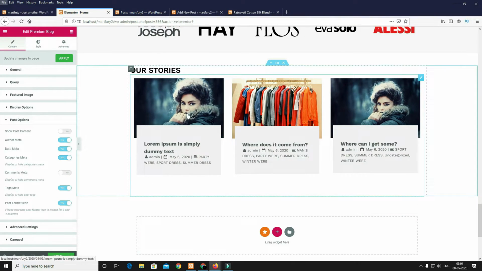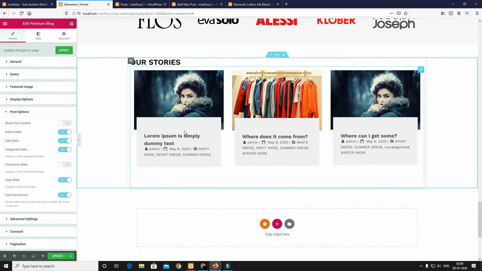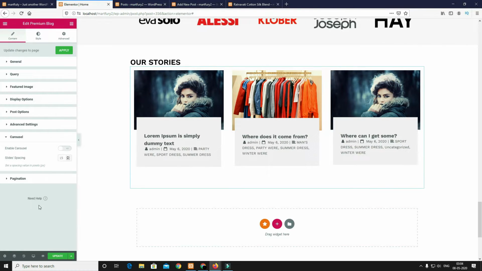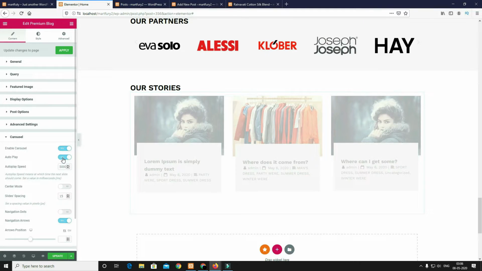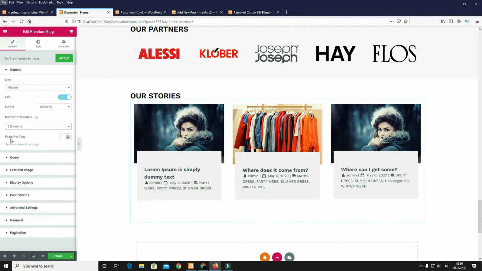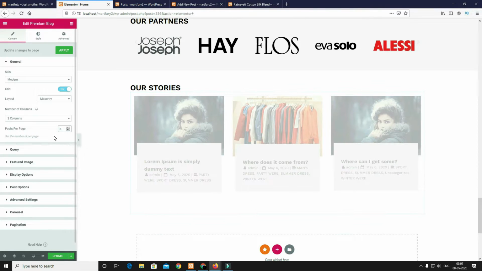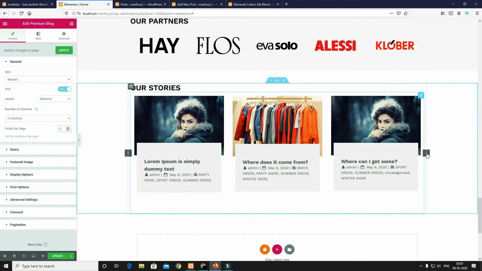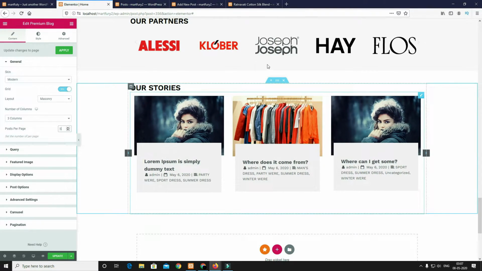But here you can observe one thing. In my demo website, that is a carousel actually. But here, it's not a carousel. So for that, what you have to do, click on this Carousel option and enable the carousel. Now you have to turn on this Autoplay option. Next, you have to come to the General. One option is there, Posts Per Page. Make it something like 5 or 6, whatever you want. Now you can see the navigation arrow is coming and it's a carousel now. So the designing of the home page is ending here.